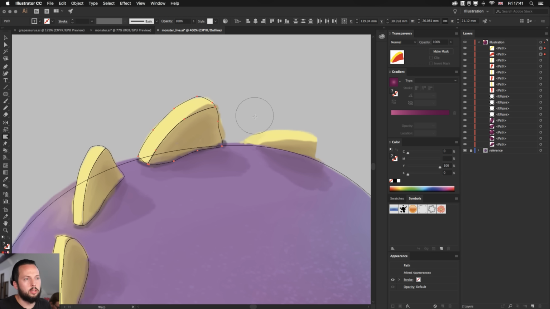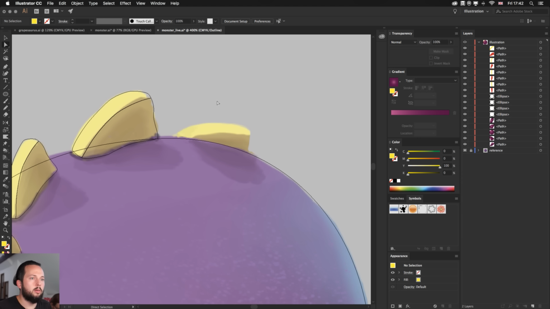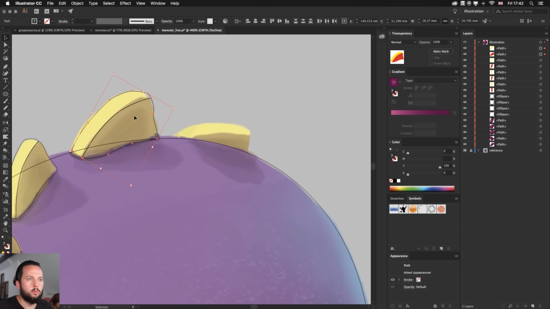To be honest, it's just going to mess up the edge, so it's actually fine the way it was. Don't worry about the warp. It's not a bad tool. I use it sometimes, but in this case, it's just going to be better like this. Maybe I can just adjust that anchor point there on the top a bit. Okay, there we go. And then again, just duplicate this one more time and just copy it down here.